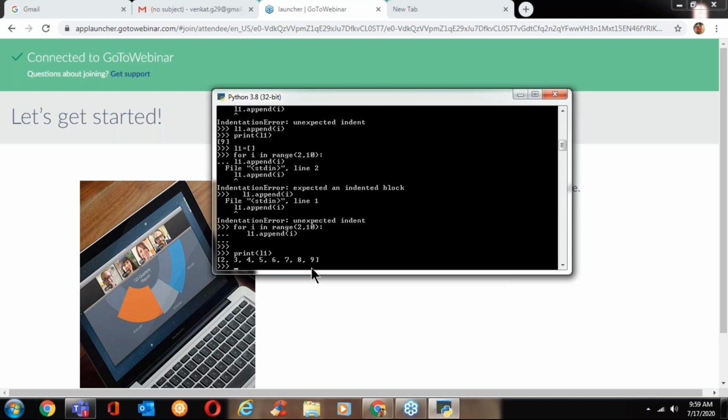Yes, exactly. But while working with this for loop, give four spaces for the statement. Even after the for loop we need to give the indent block, because L1 dot append is the statement for this for loop block. This is inside the block statement, that's why we need to give this indentation of four spaces.